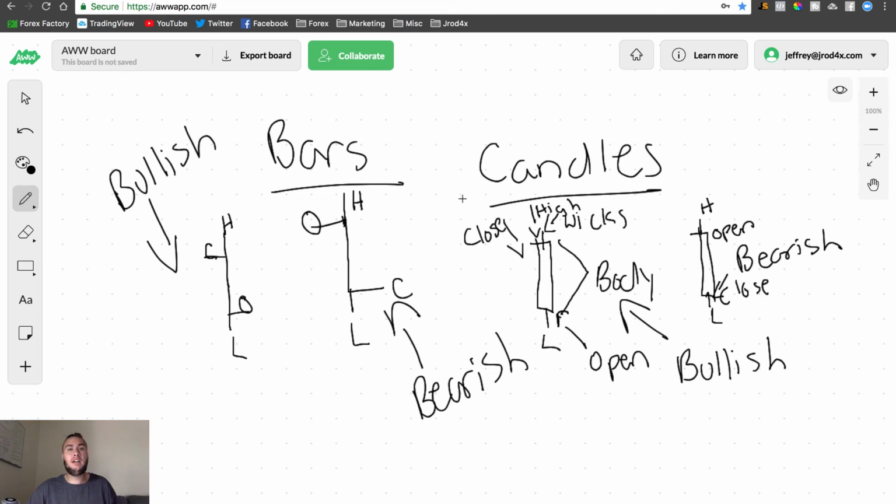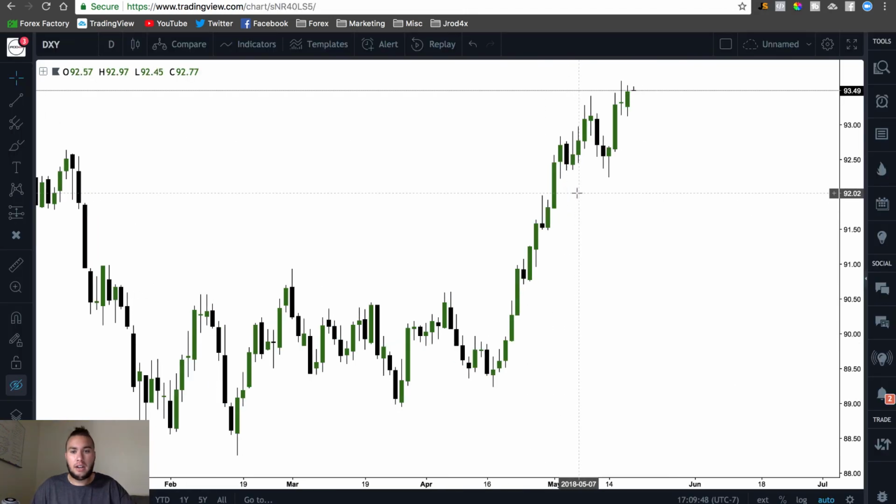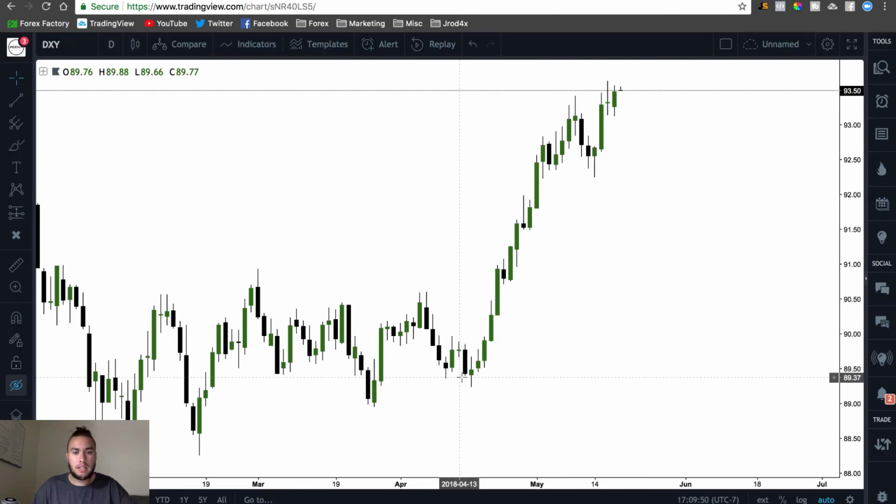So with all that being said, guys, let's go ahead and take a look at some charts, and I'll give you some better examples of a bullish trend, a bearish trend, and what candlesticks and what bars actually look like in chart form. All right, guys, so now that we're looking at the charts, for this example, we're going to use the dollar index, and we can see that since April 18th, we've made a low, and since then we've been trading higher. We've been making higher highs and higher lows,